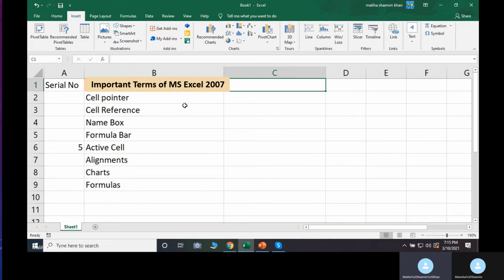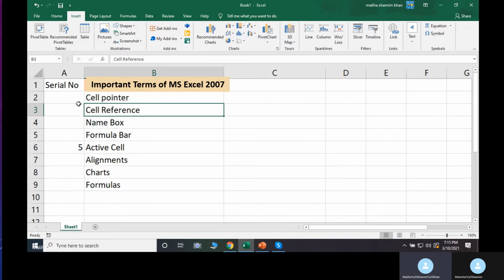As we have discussed in alignments, by default left alignment is used for the text. These all are text, that's why these are left aligned. As you can see, I have mentioned cell pointer, cell reference, name box, formula bar, active cell, alignment, charts and formulas. All these are on the left side.